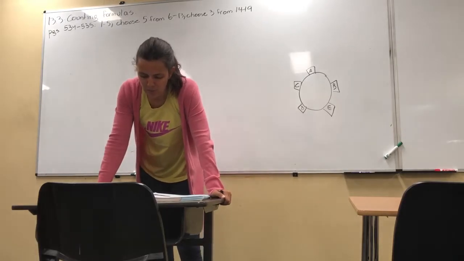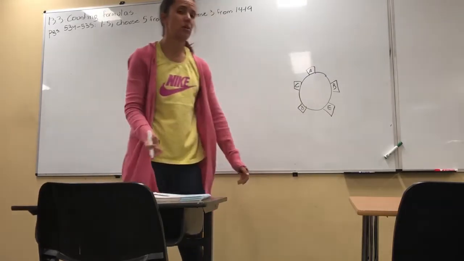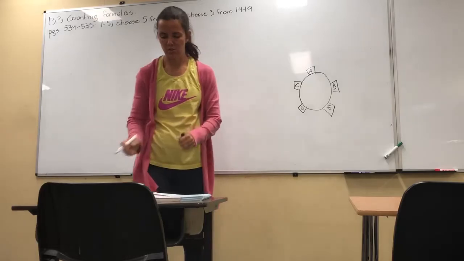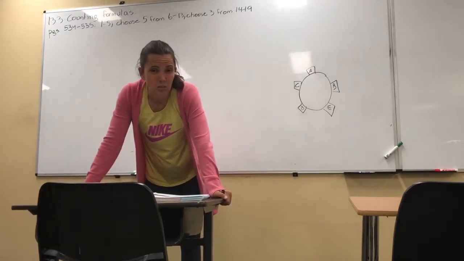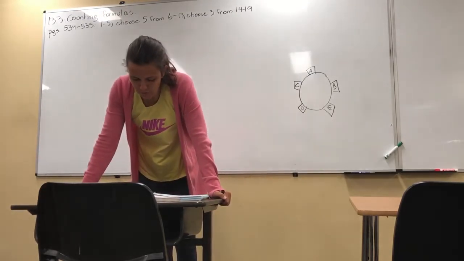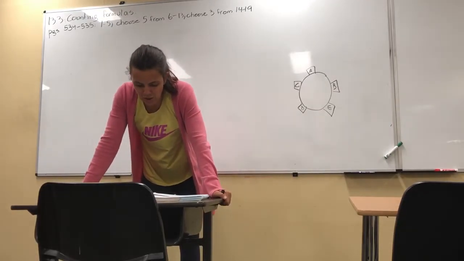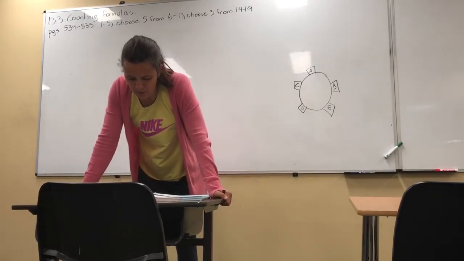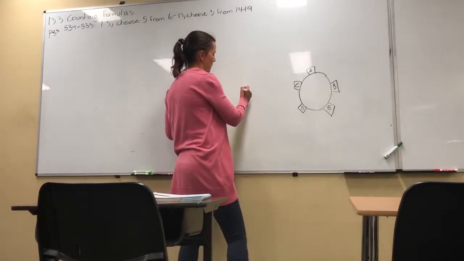So in example 1, for example, they want to know how many different ways 5 people can be arranged around a circular table. Now, this is not a great circle, but it's an illustration for the example. And they give us a formula, and you are welcome to do all the math in your head and try to figure out why that formula works, or you can just go a little bit lower on the page where it says that in general, for a circular permutation, the number of possible arrangements or the number of permutations is just,